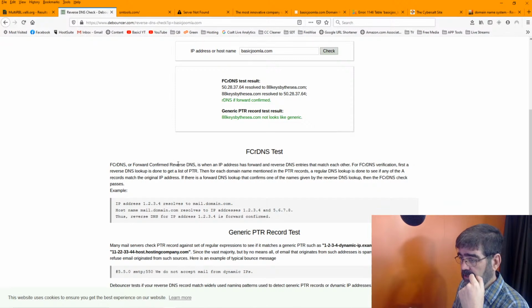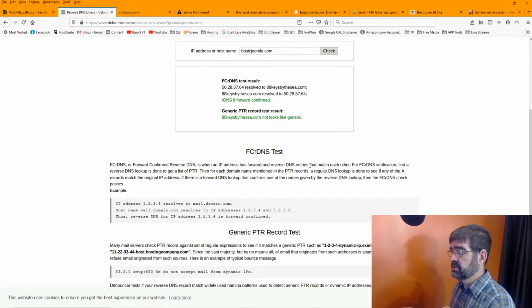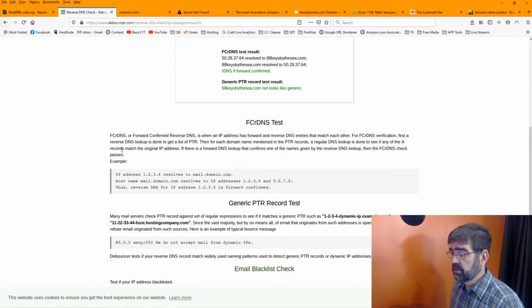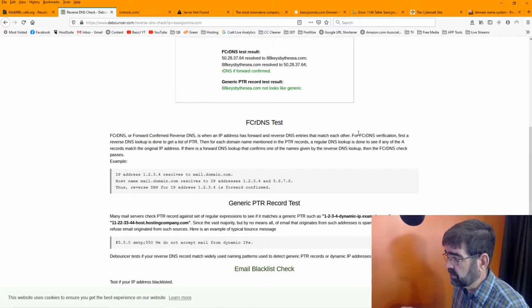Forward confirmed reverse DNS is when an IP address has forward and reverse DNS entries that match each other for those verifications. The A record matches the original. Then for the forward confirm reverse DNS verification,